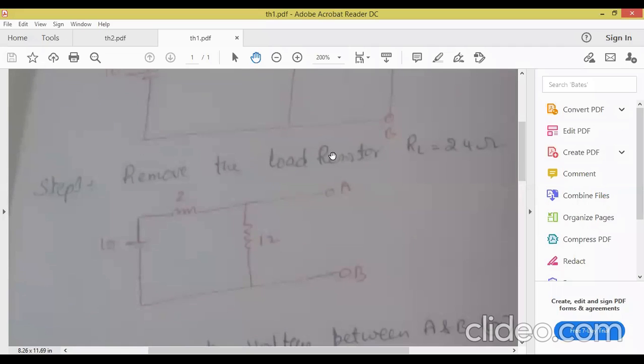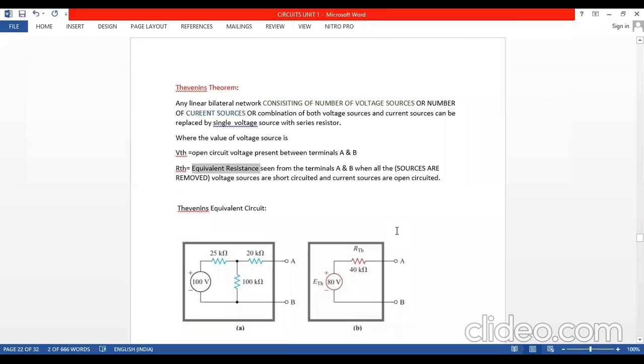Now I am repeating the statement. I want every student to be perfect with the statement of Thevenin's theorem because it is very important. First be perfect with Thevenin's theorem. Understand what it is trying to say. A complicated or complex circuit, or any circuit, can be converted into a simple circuit, which is called Thevenin's equivalent circuit. Anyone tell me what we have inside Thevenin's equivalent circuit? I have a voltage source and one simple resistor, which is called Thevenin's resistor. Thevenin's voltage, Thevenin's resistance.